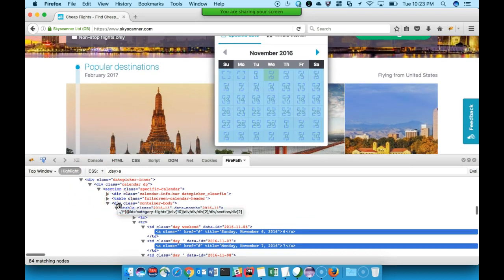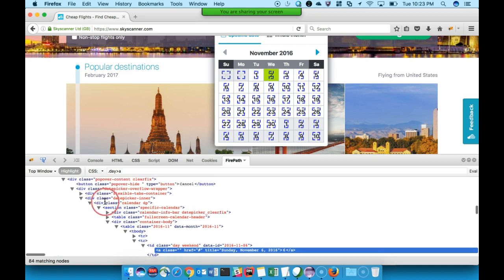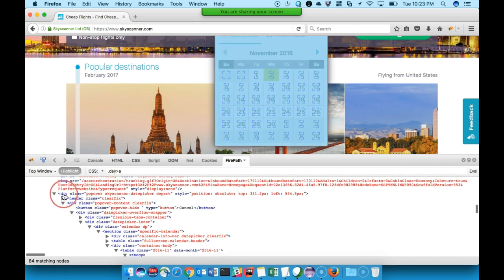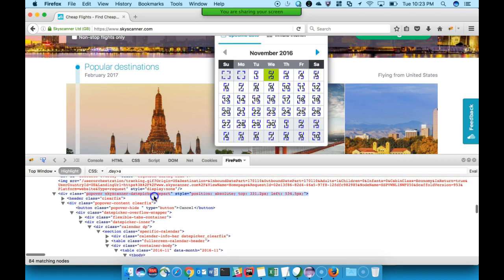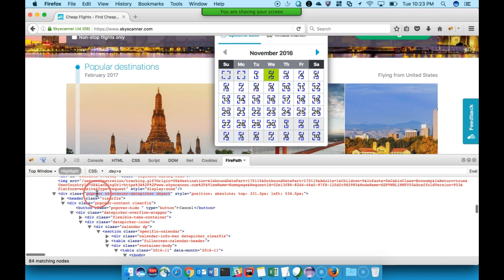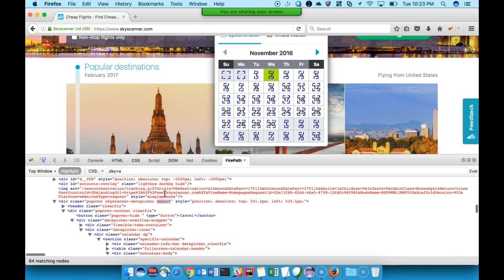And if you go further, we want to find the super parent for this, and after a little inspection you can find the super parent of this, which is a division tag with a class, and one of the classes over there is depart. This is important to find.